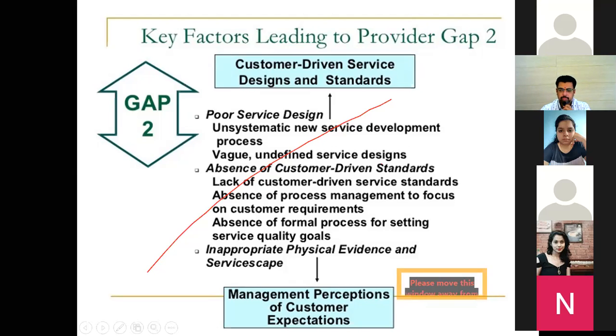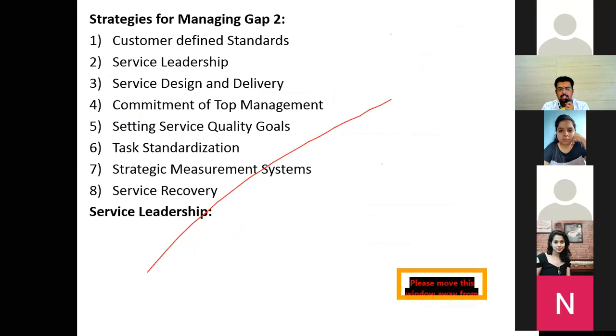See, you can write those generally also, but these are the major 8 particular strategies you need to write in the exam. That is customer defined standards. You need to analyze what kind of standards they are expecting from the